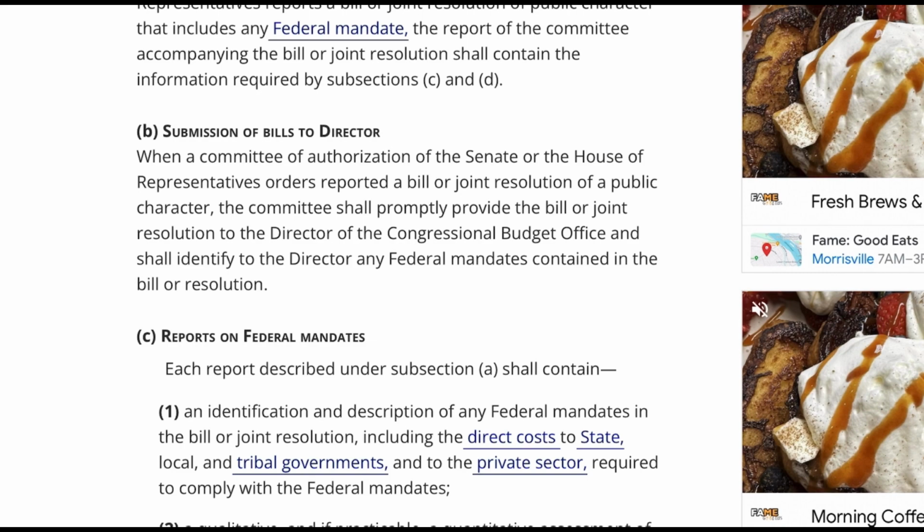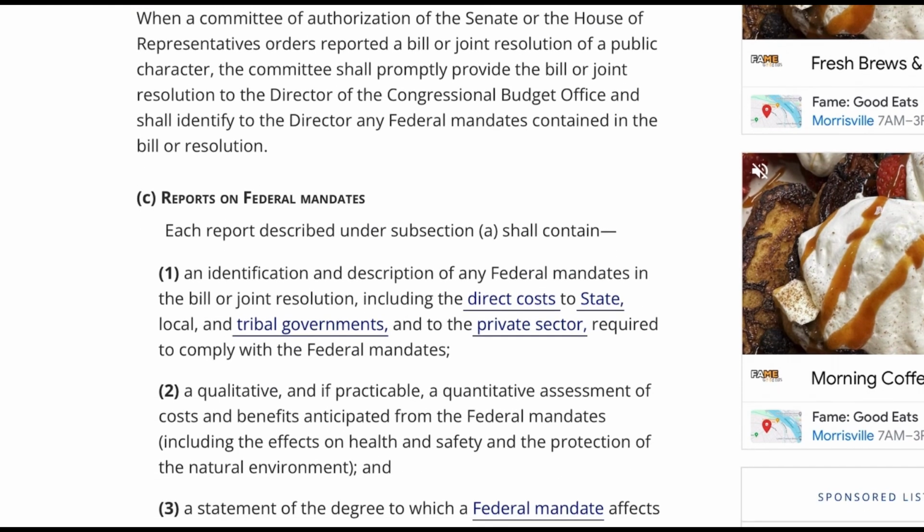C. Reports on federal mandates. Each report described under subsection A shall contain: 1. An identification and description of any federal mandates in the bill or joint resolution, including the direct cost to state, local, and tribal governments, and to the private sector, required to comply with the federal mandates. 2. A qualitative, and if practicable, a quantitative assessment of costs and benefits anticipated from the federal mandates, including the effects on health and safety and the protection of the natural environment, and